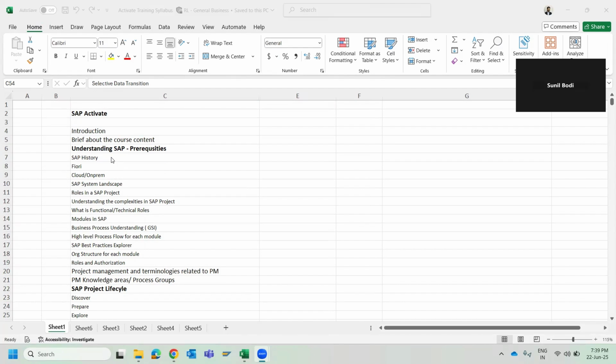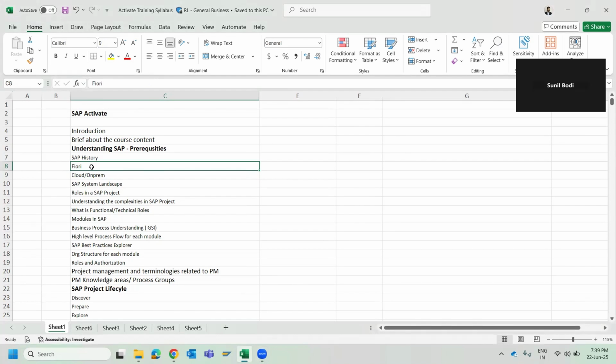what offerings it has, the history of that, and then Fiori, which is the UI UX part of SAP right now, SAP S/4HANA. Then you understand cloud and on-prem, what deployment options we have, and system landscape, in terms of the different system design, which is development, quality, sandbox, pre-production, production systems, and you understand different roles